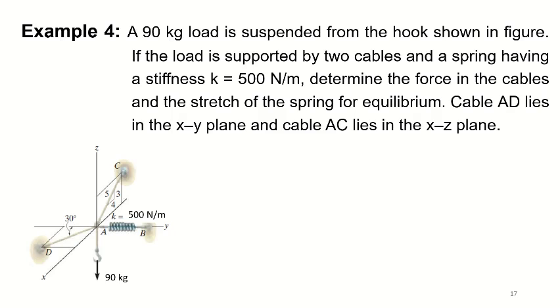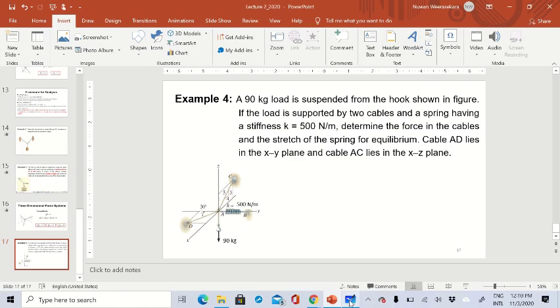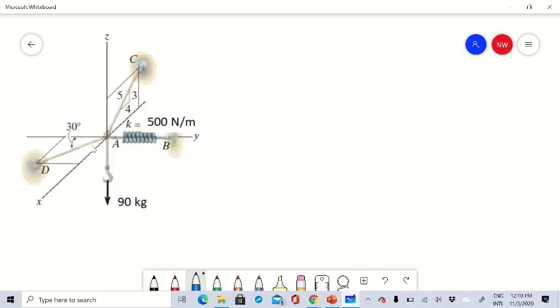So now we need to find the tension in the AD cable, the AC cable, and the stretch of the spring, right? So how can we solve this type of problem? If you want to find the tension in these two cables and the force in this spring, you should draw the free body diagram for the ring at A, right? So if we consider the point A, say this is the ring,